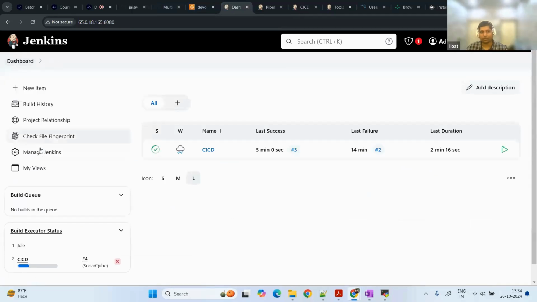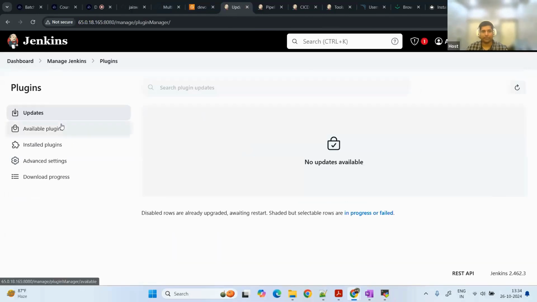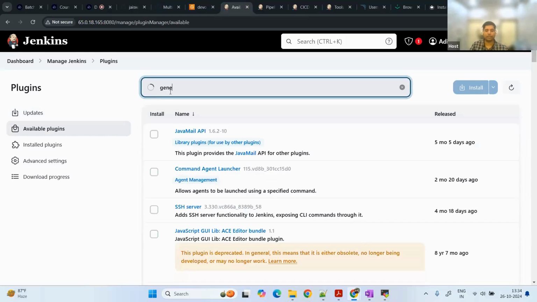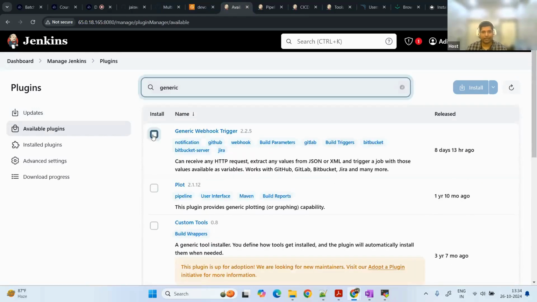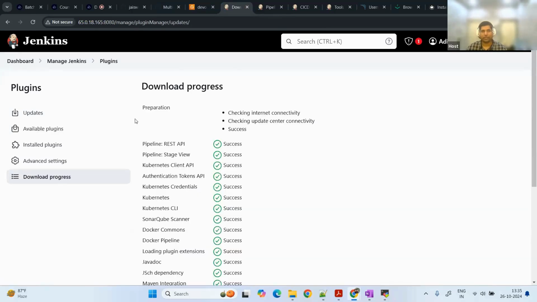So for that we can go to Manage Jenkins first and go to Plugins, and in Available plugins search for generic and install this Generic Webhook Trigger, because this will be needed. Okay, once you install it,